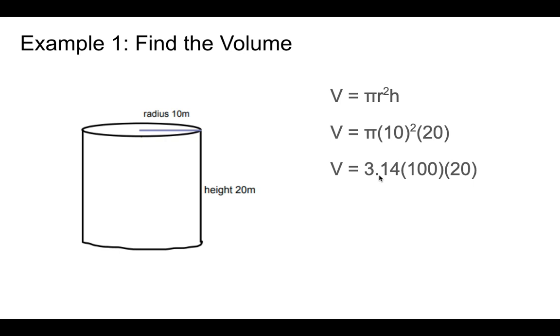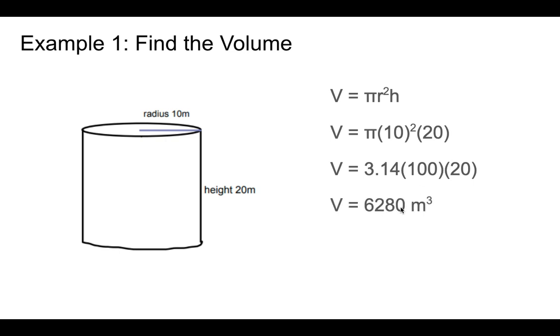It has infinite decimal places, but if you just want to use 3.14, you can. So I put that in for pi. 10 squared is 10 times 10, which is 100, and then we're going to multiply that by 20. So if I put into my calculator 3.14 times 100 times 20, I get